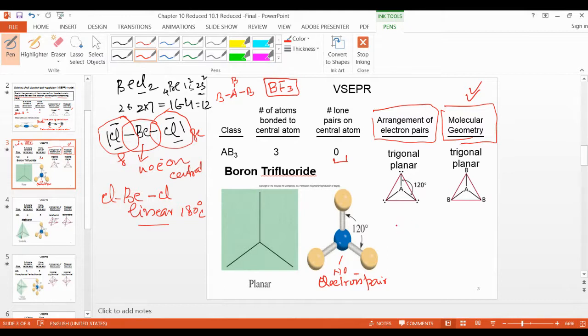Any question now? Hello? Any question now related to this? Yes, teacher, could we have an example with a lone pair? I will come later. I will finish this, then I will come to the lone pair of electrons. Let me finish all without lone pairs of electrons first.